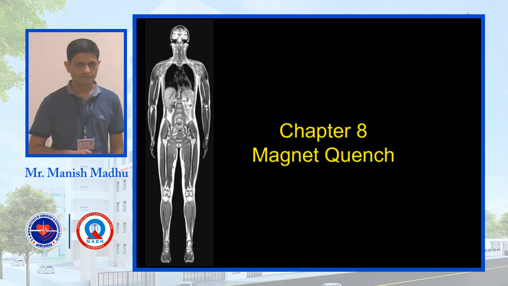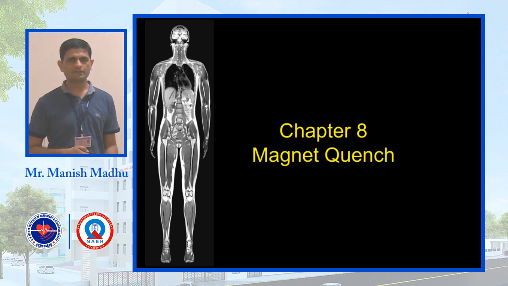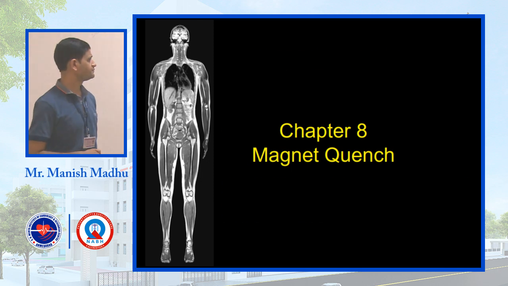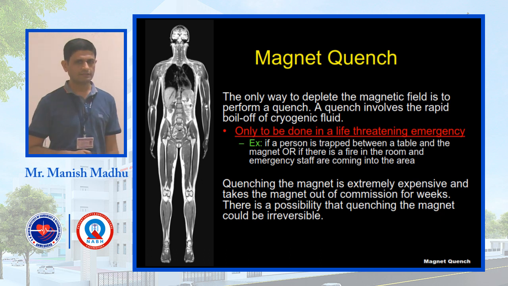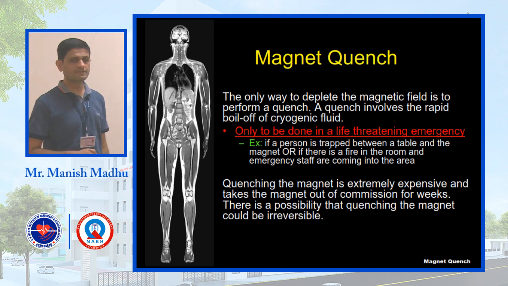Chapter 8, magnet quench. Here is a very important thing to know about the quench. Whenever there are dangerous things, we have some solutions for that, and it is called MRI quench. The only way to deplete the magnetic field is to perform a quench. A quench involves the rapid boil off of cryogenic fluid, only to be done in a life-threatening emergency. Magnet quenching should be done only when it is necessary, if a person is trapped between a table and the magnet, or if there is a fire in the